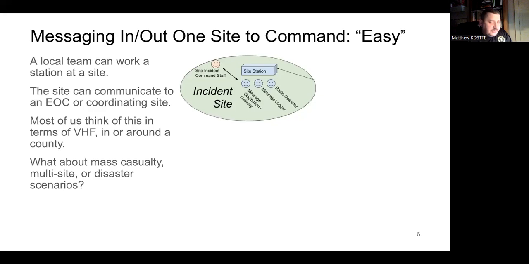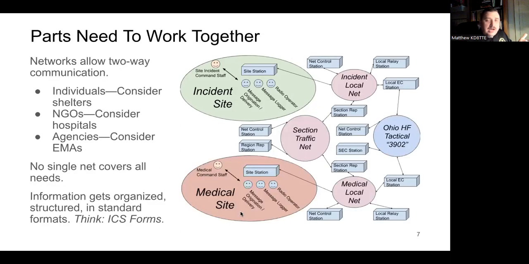Now, if we're dealing with a scenario where we have mass casualty, multi-site, a big disaster, that kind of thing, we look at this picture that we have. There's the site station. We've got a couple of operators there, the site's incident commander, and this one line that's going off to some other site like the EOC. Things get a lot more complicated